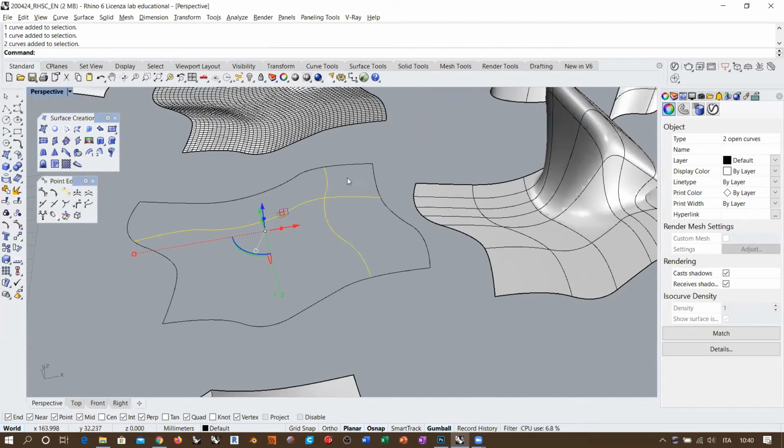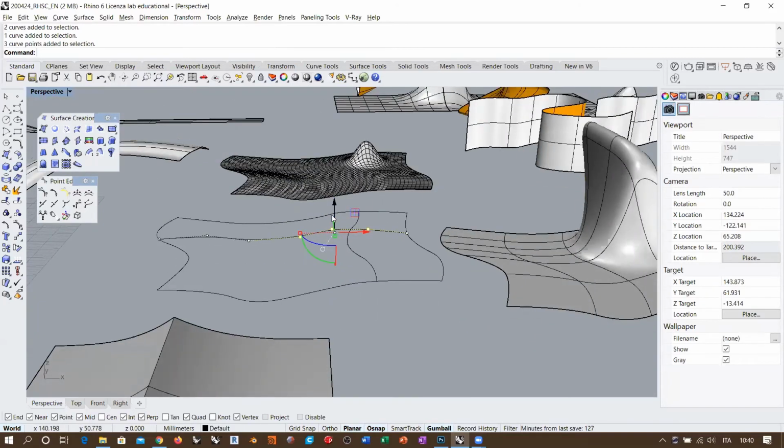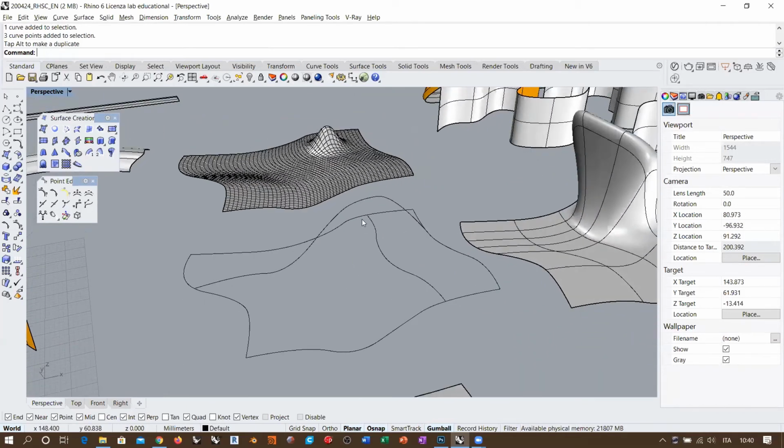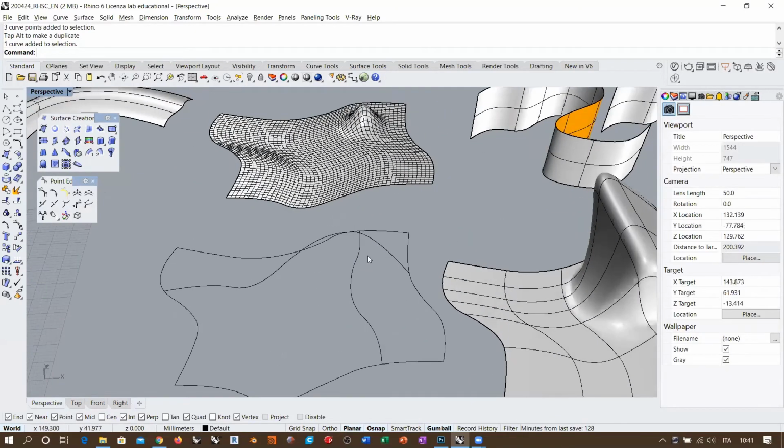So if I want to create a bulge here, I must take one curve, take its control points, and move them up to the desired height. And if I want to do this, I also need to take the opposite isocurve and make it intersect with this U isocurve. Now, in order to do this, I need to prepare the isocurves properly. So, for example,